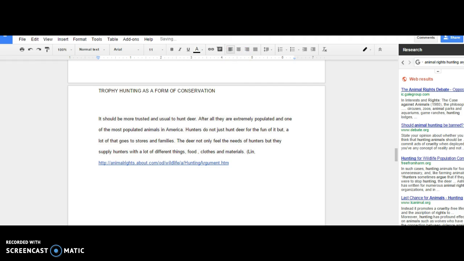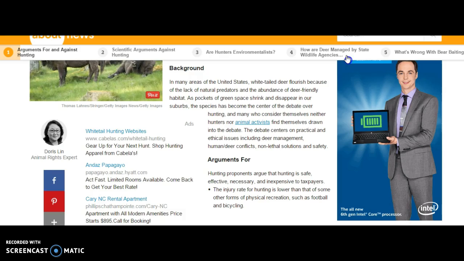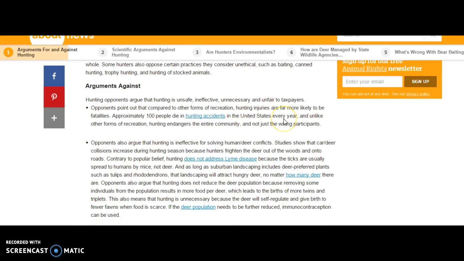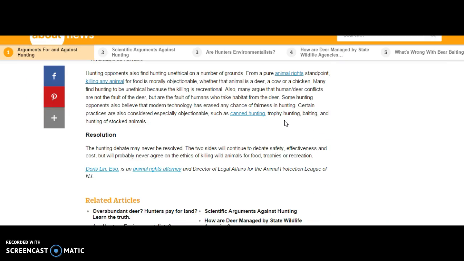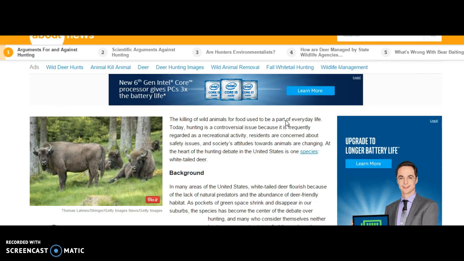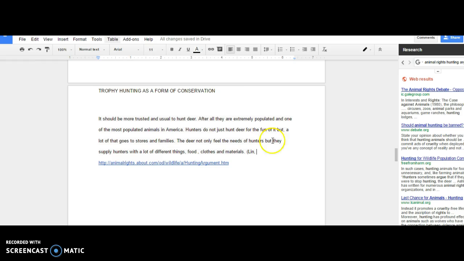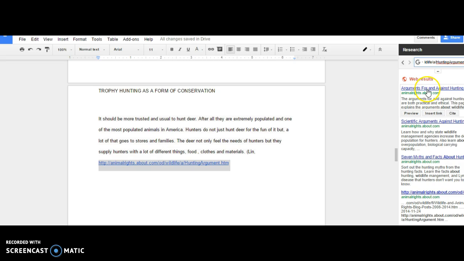and then the second piece of information I need to find is the date of publication. So I have scrolled through this and I cannot find when this was published. I'm going to show you a trick that makes it easier to find that date. So I'm going to come over here using Google Research, and I'm just going to copy and paste this, and then it should be the first thing that comes up. There we go, animalrightsbot.com, so I know I'm in the right place,